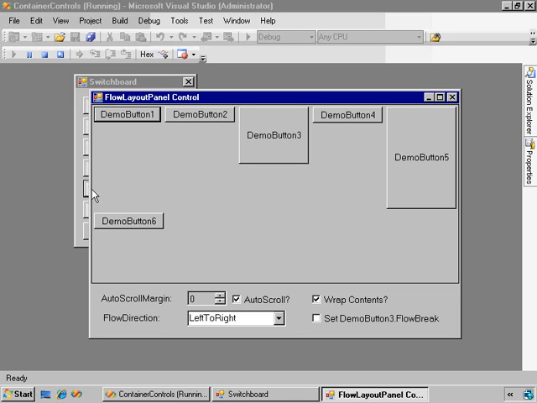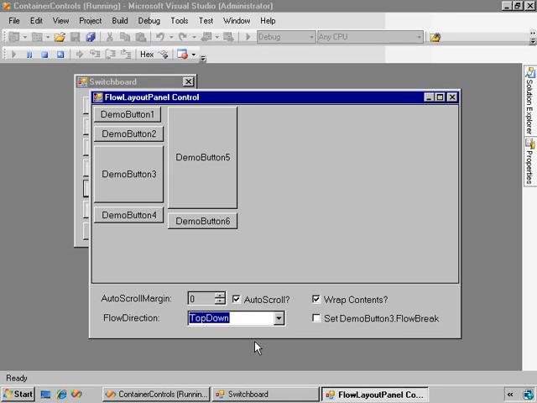Let's start by looking at the flow direction property. The flow direction can be set to left to right, top down, right to left, or bottom up. Each of these values indicates the order in which the control attempts to lay out its contents. For example, top down will lay out the controls from top to bottom and then from left to right. So in this case, since Demo Button 5 won't fit below Demo Button 4, it has to go to the next column. If I make the form taller, however,